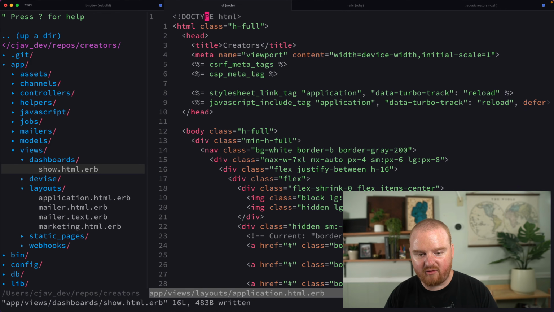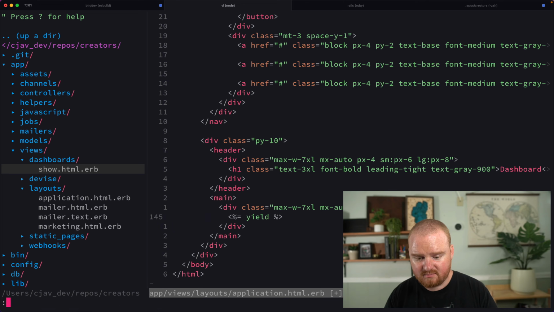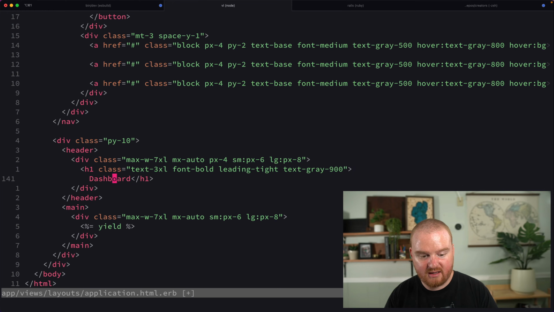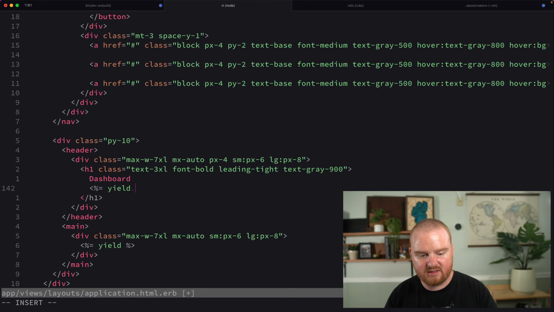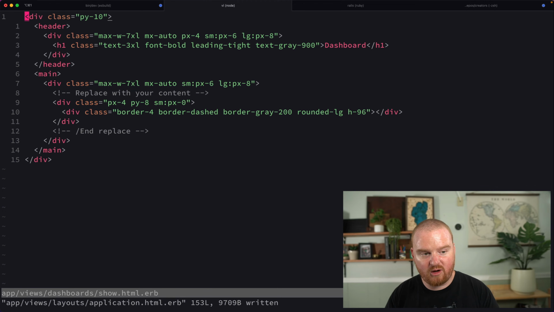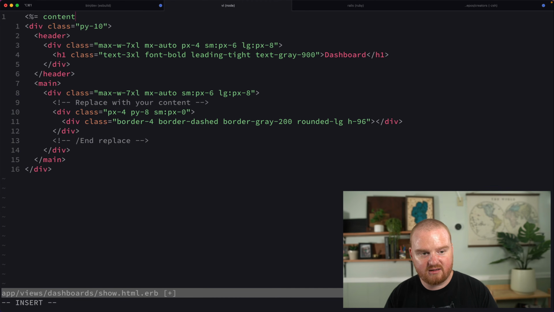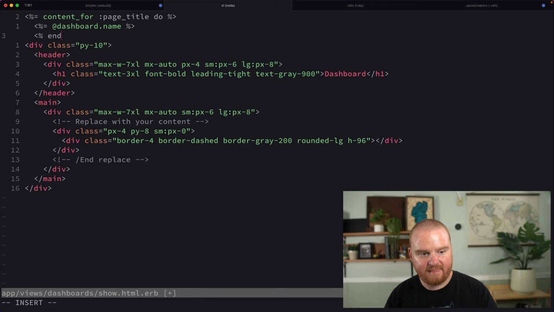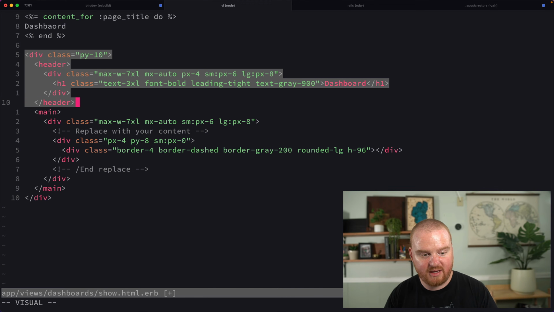So we might come back over here to our layout, and rather than having the text for dashboard be hardcoded, we can use a custom yield here. We can say yield page title or something. And that will allow us to specify what title we want on each page. So now we can say content_for :page_title do, and here we can just add the word dashboard,